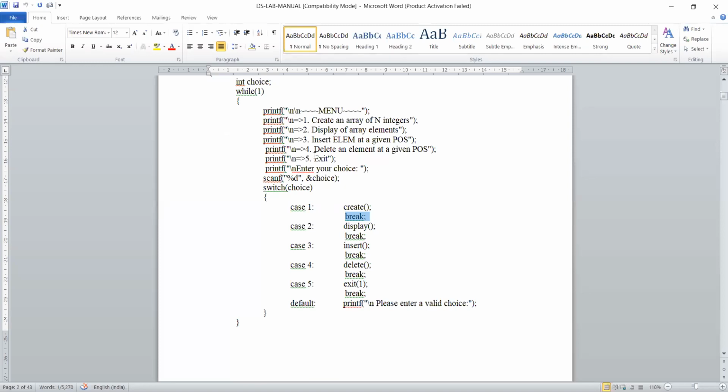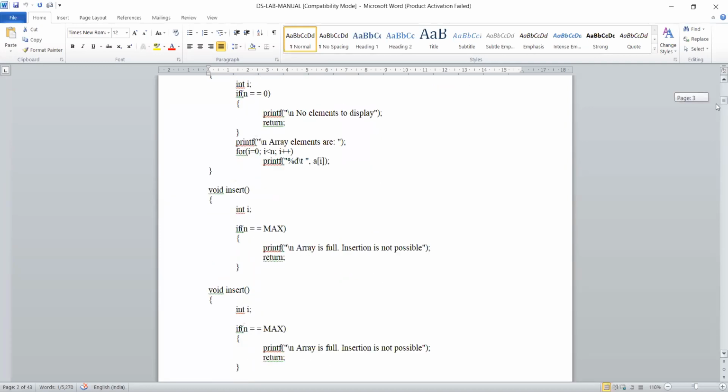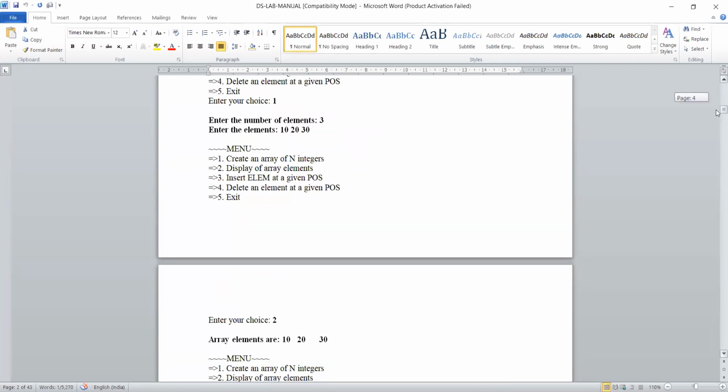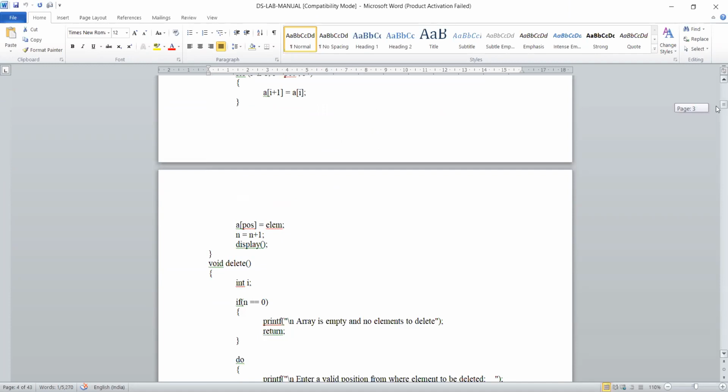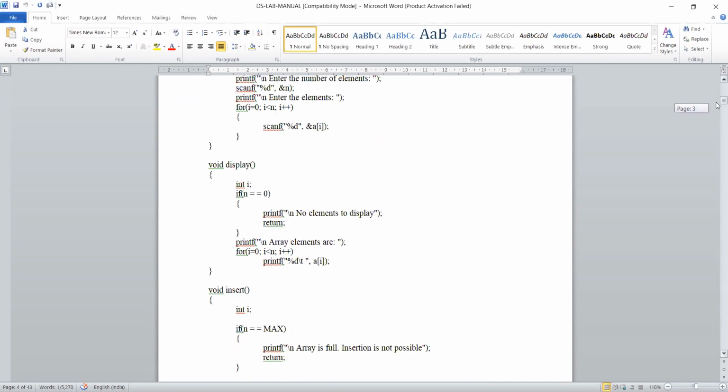But if you are choosing 5, going to case 5, see the function exit. It is inbuilt. I have not defined it anywhere in the program. If you observe, only 4 functions I am defining: insert, delete, display, what one more? Create.